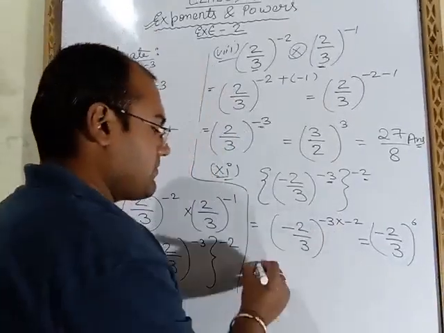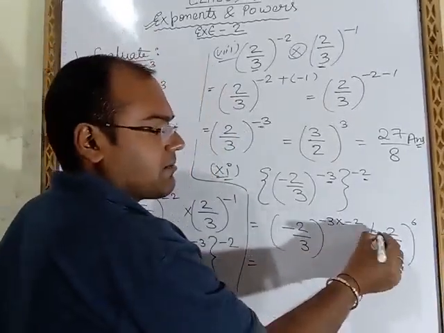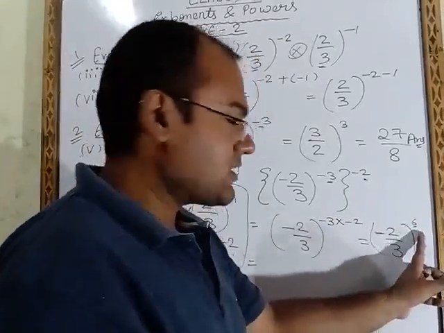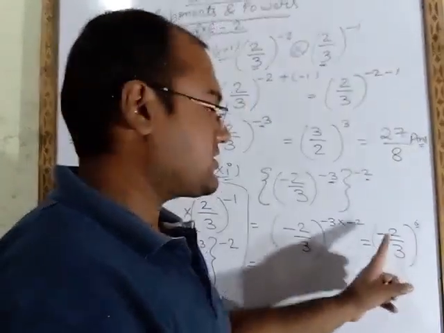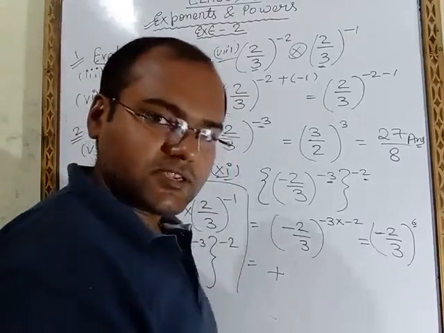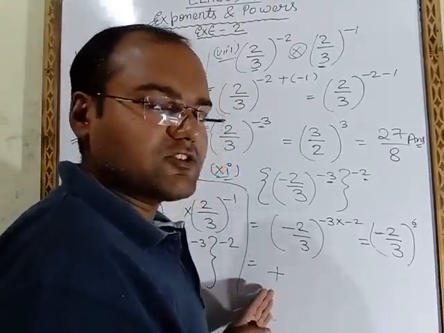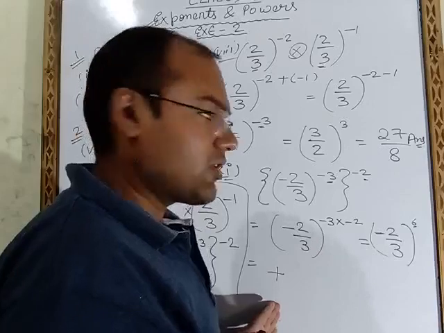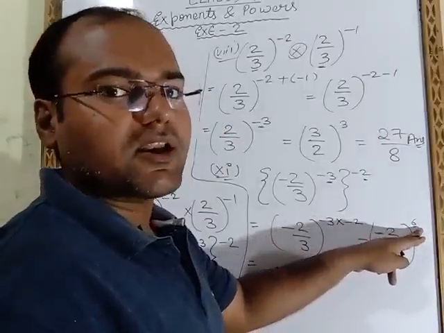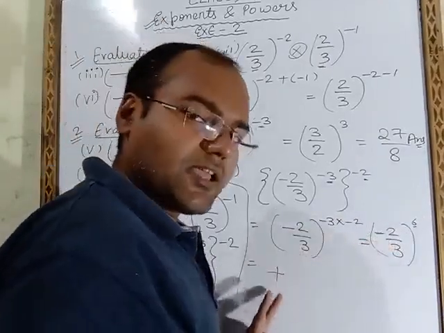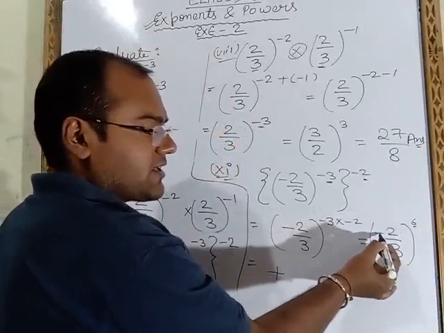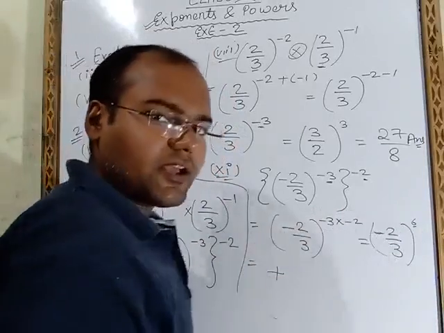Now what will be the next step? This is minus sign. Minus sign and outside power is 6. 6 means it is even number. So this power is even. That's why this minus we will not take in the answer. In the answer we have to take plus sign. It is not compulsory to put plus sign. It is optional. Either you put plus sign or not. But if this power will be odd, instead of 6, 7 will be there, 3 will be there, 9 will be there. Then this minus we have to take in the answer. Now power is even, that's why instead of minus we will take plus sign.